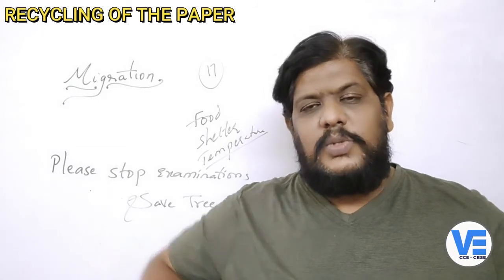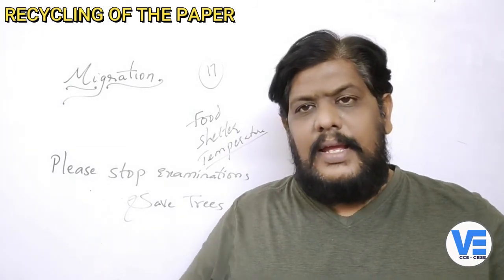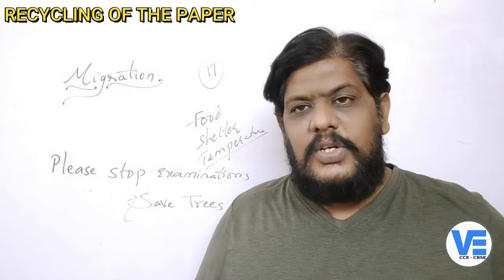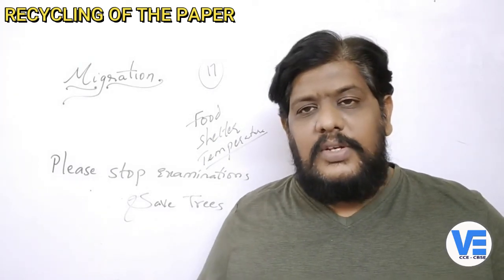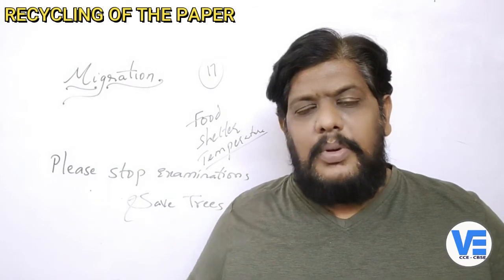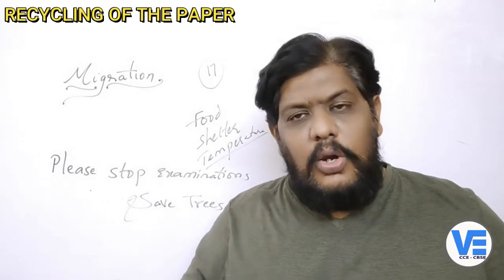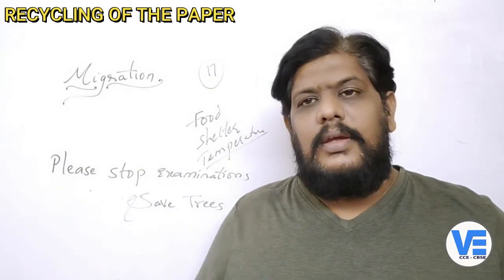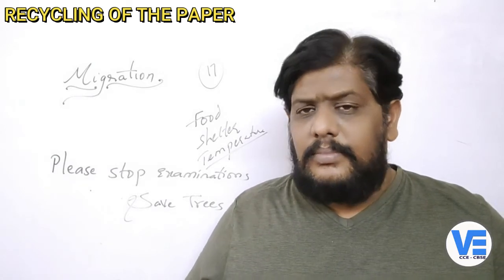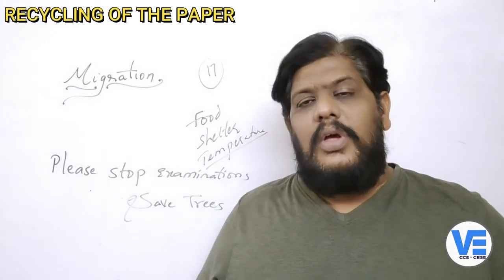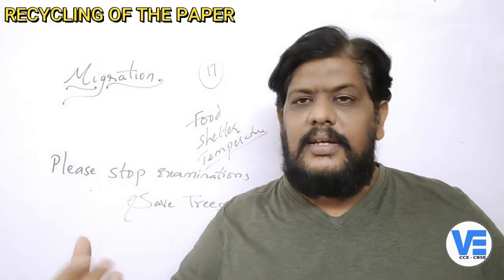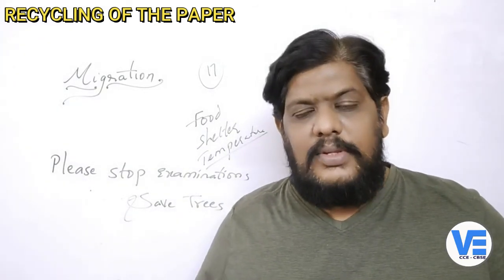Now it's very important to know that these are the trees which are a part of biodiversity. If you cut down the trees, there will be a huge problem for nature itself. So you all know very well about global warming, you all know about soil pollution. So if you know all these things, now we should also know that we should not cut the trees. We should not cut down the trees.